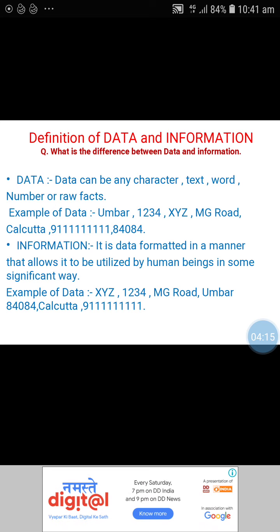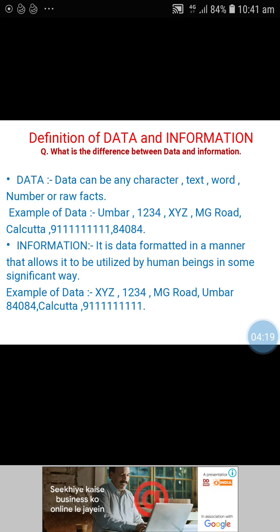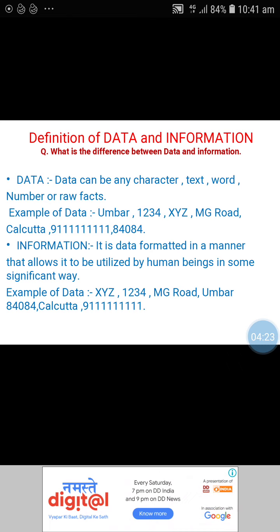Now see the next part, definition of data and information. Information and data, both are different things. Data and information are the basic concepts of IT throughout the IT subject.